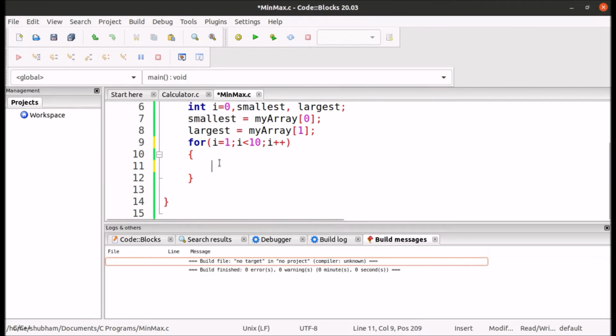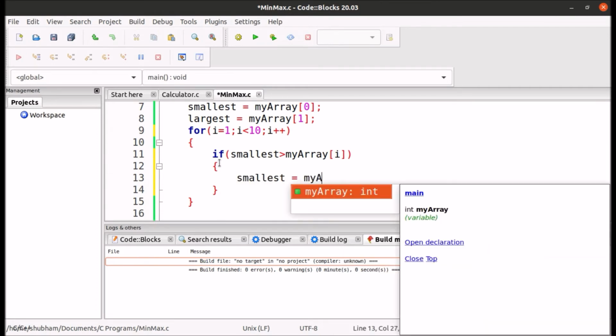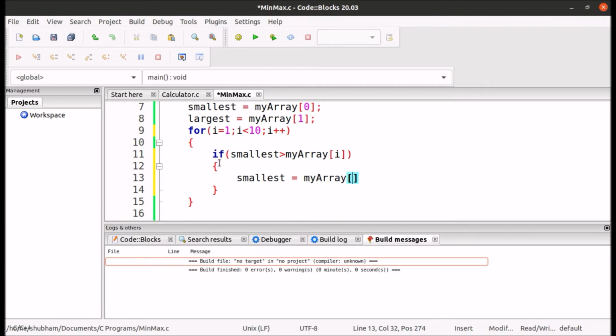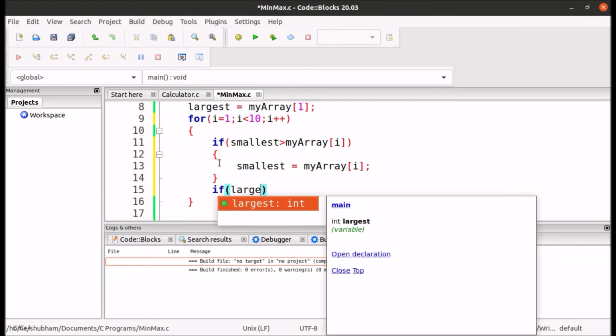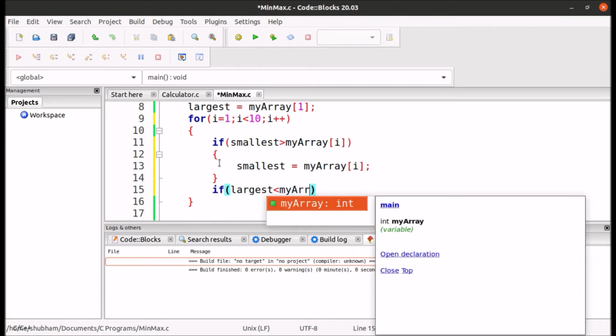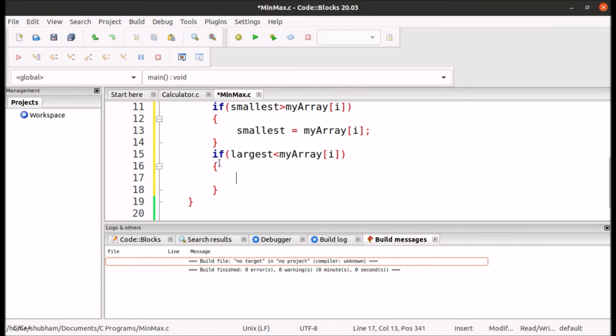If smallest is greater than my array of I, then I will change it to smallest, array of I. And if largest is less than my array of I, then I will change our largest, which is equals to my array of I.